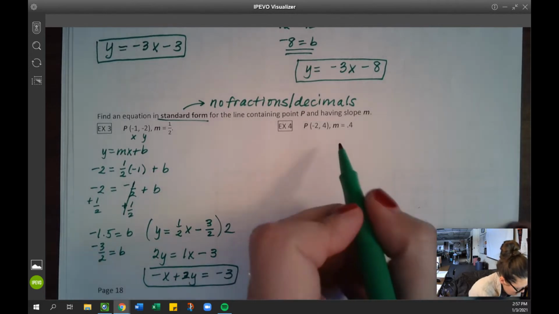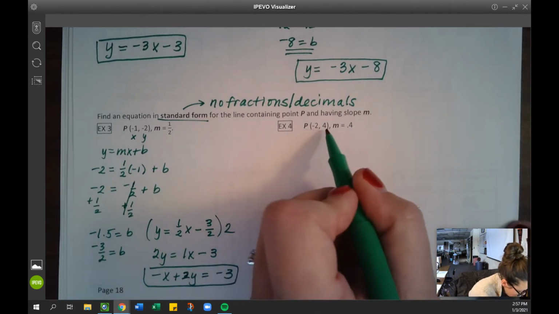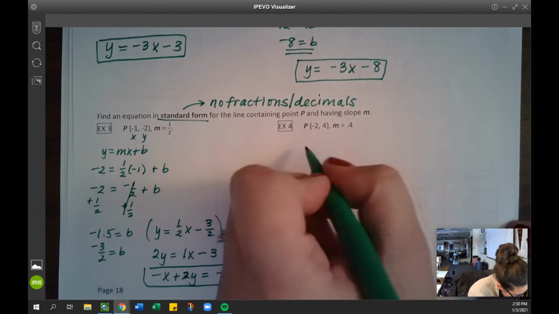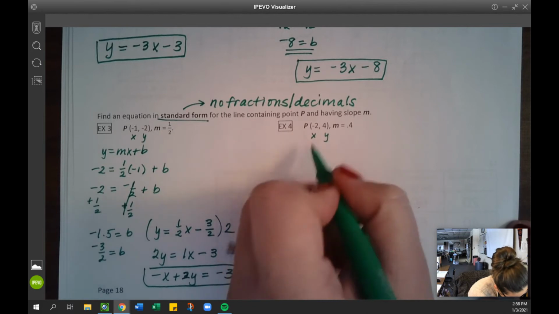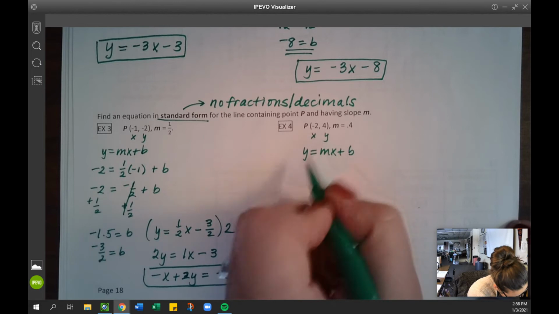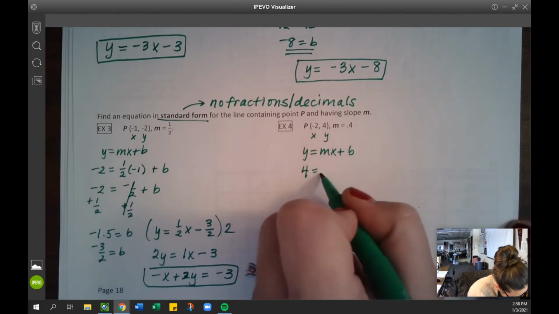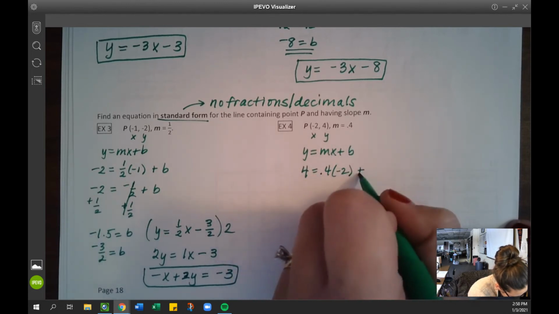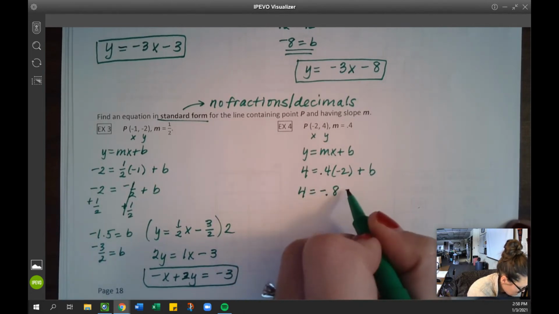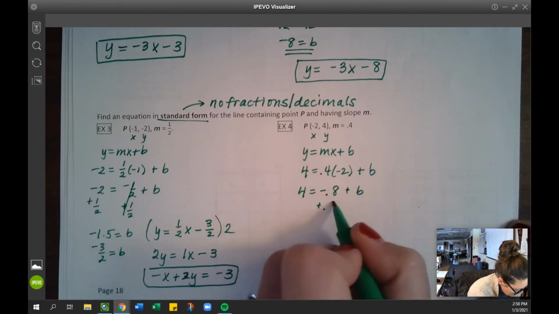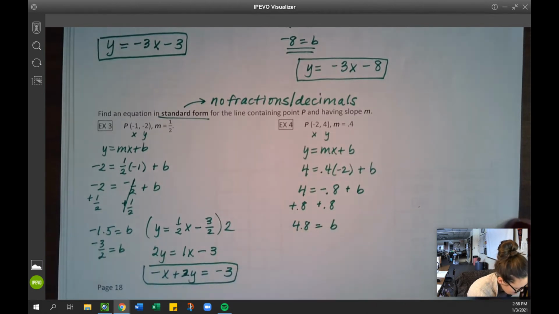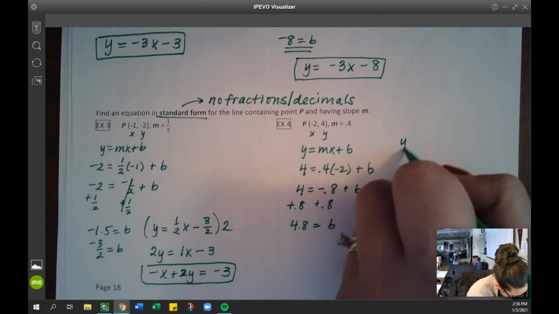All right, moving on. Trying another one. This is the point (-2, 4) and a slope of 0.4. So x and y. y equals mx plus b. 4 equals 0.4 times negative 2 plus b. That's negative 0.8. Add 0.8 to both sides. So 4.8 equals b. Okay, so I have y equals